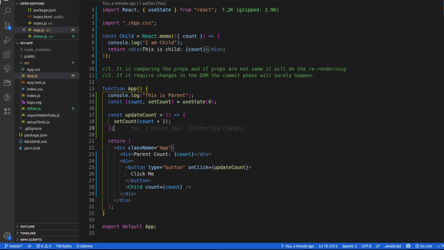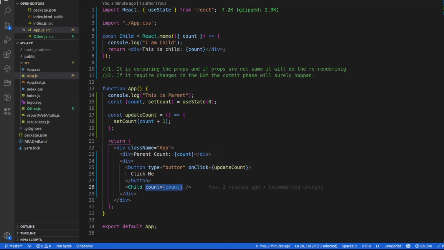So why is it doing so? It is because I am using count as a property, and this count is being accessed here, right? Whenever I click on the click me button, it updates the value of count. As I have already mentioned, if my prop value is changing, then my component is of course going to get re-rendered, even if I am using React.memo. All right, enough of the last video. Let's now move on to this video, where I'm going to show you the useCallback hook.